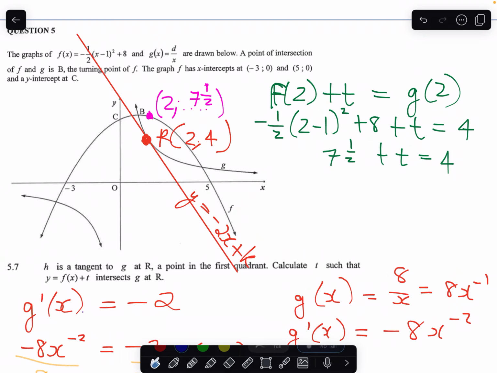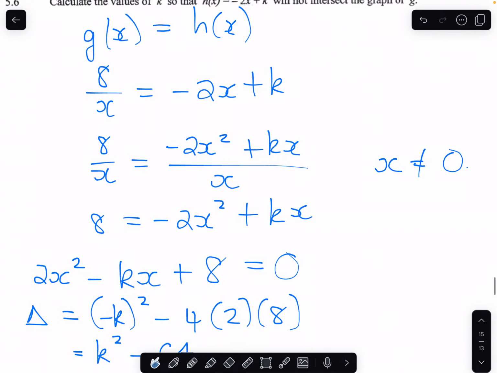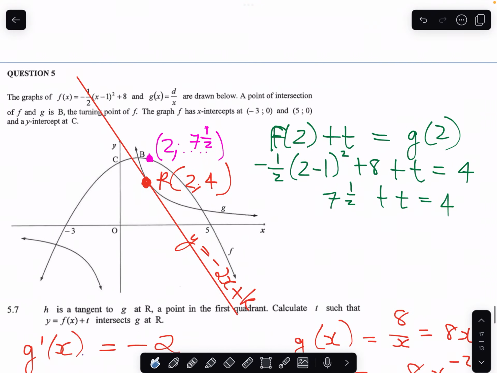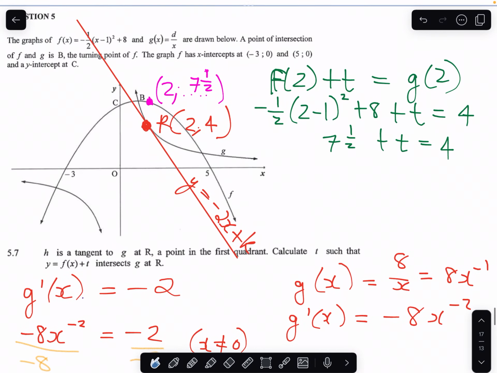Honestly, I would have done like a 5.6.1 and 5.6.2. But